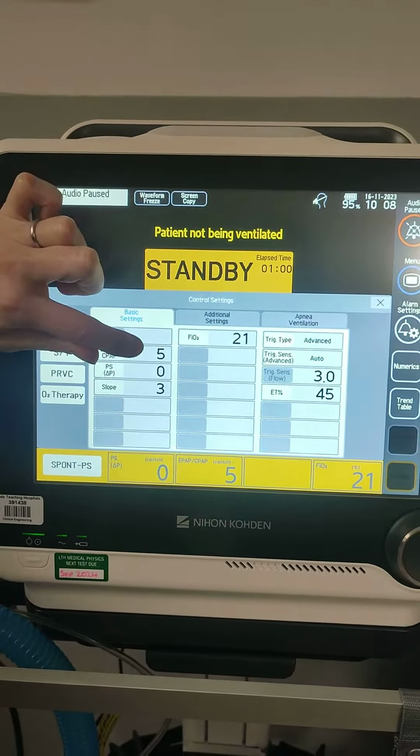There'll also be the FiO2, the respiratory rate and the inspiratory time. PRVC is a mode that we'll only use in an emergency to ventilate somebody, so you're unlikely to see that. And O2 therapy is for high flow, so you have a flow rate and FiO2. So if we switch on in ST,